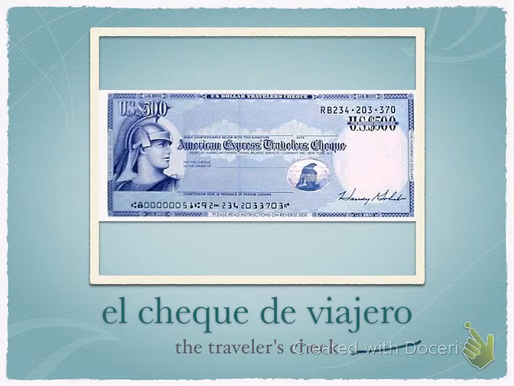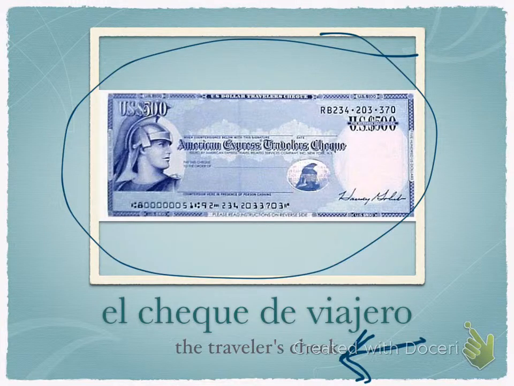This one is a traveler's check. I'm not sure if you guys are familiar with this, but when you go out of the country or something like that, you don't want to take cash with you. So you go to the bank, you say, you know, I need so many traveler's checks and these amounts, and they'll accept this as cash, like they'll change it for cash wherever you go. So the traveler's check, el cheque de viajero. And this one literally translates to the check of the traveler.